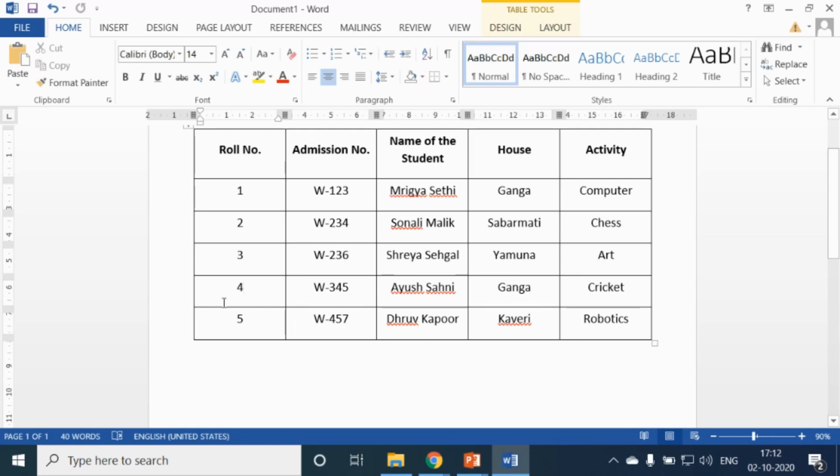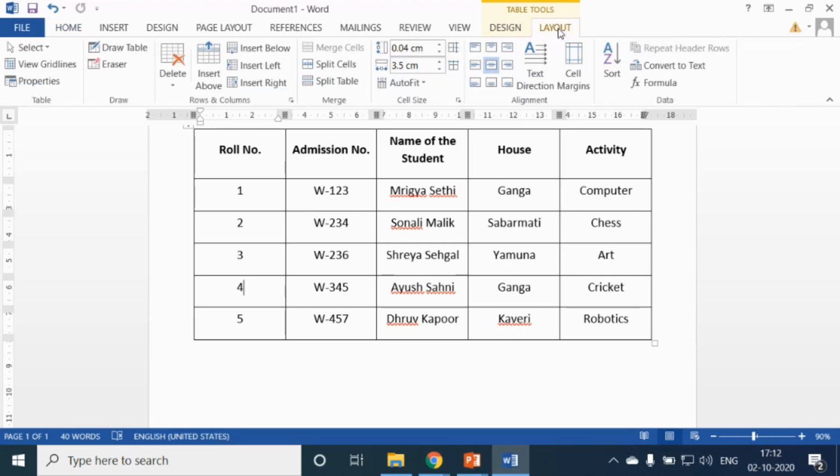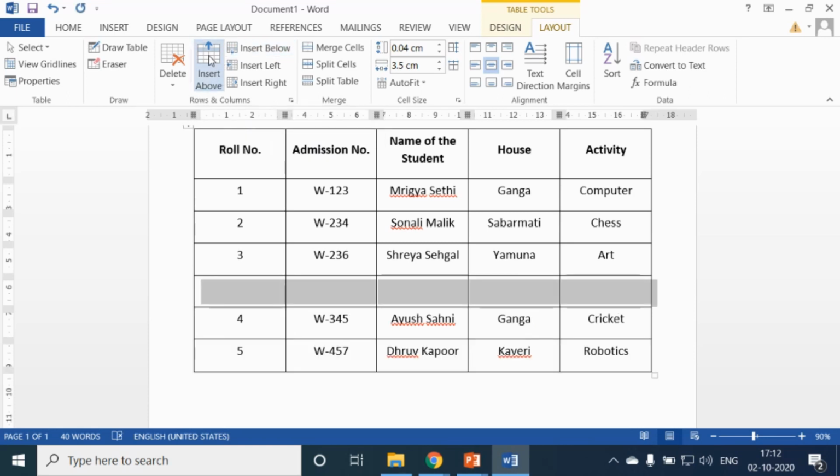Now, you can see the Layout tab is given in the ribbon. Click on the Layout tab, and in the Rows and Columns group you can see the Insert Above option and the Insert Below option. First of all, let's select Insert Above. As you can see, above the roll number 4 row we have inserted the new row.